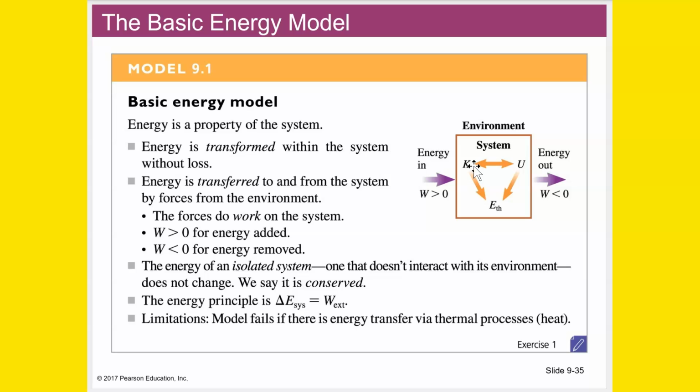But if you considered the ground as part of the system, then there would be no change in the total energy of the system. You would just say it's all a transformation from kinetic to thermal in that case. So the thermal energy would rise, the kinetic energy would fall, and it would be by the same amount. So the total energy of the system would remain the same.